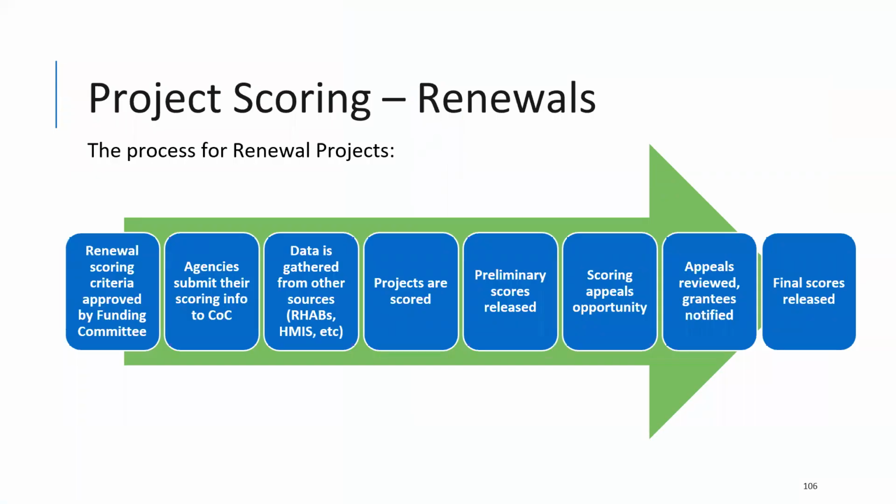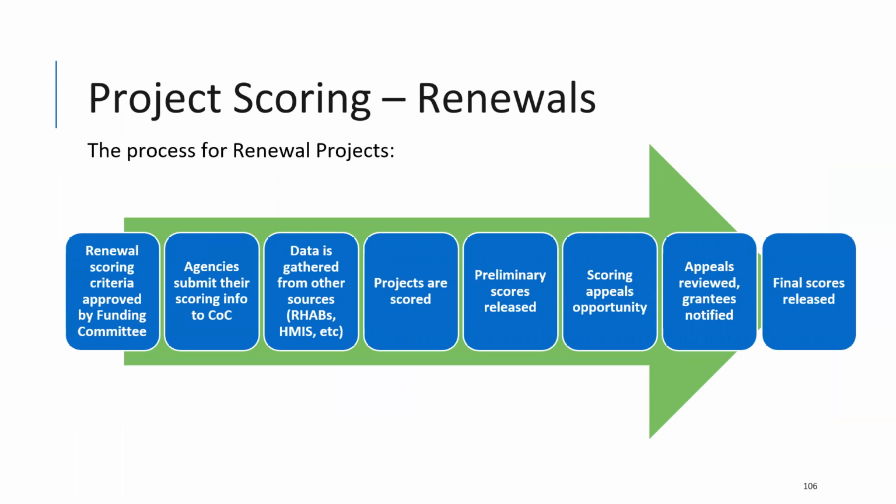So the process for renewal project scoring that the CoC follows is, first, the renewal scoring criteria is approved by the funding committee. The funding committee updates the criteria every year. The funding committee actually does an analysis of how did projects score last year? Was there anything that we need to tweak or adjust? Things like that. Once the scoring criteria is approved, the CoC